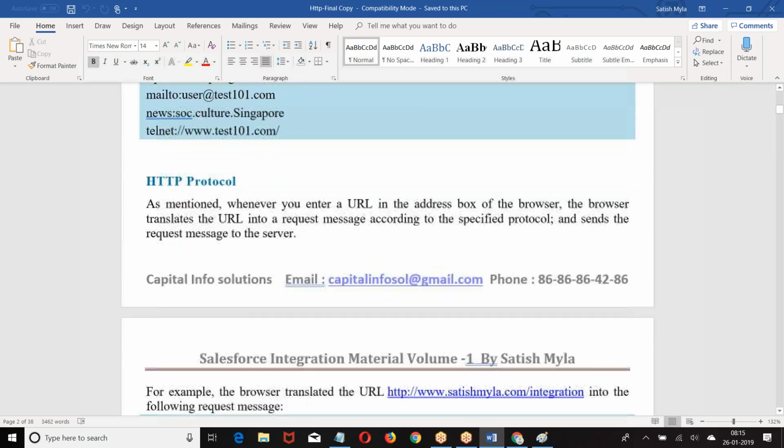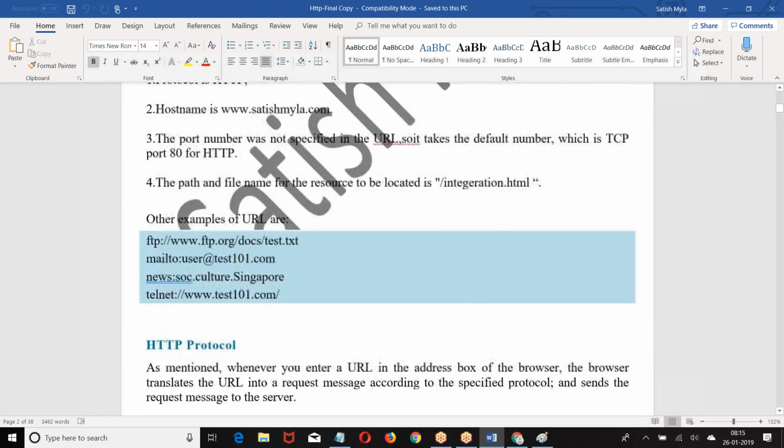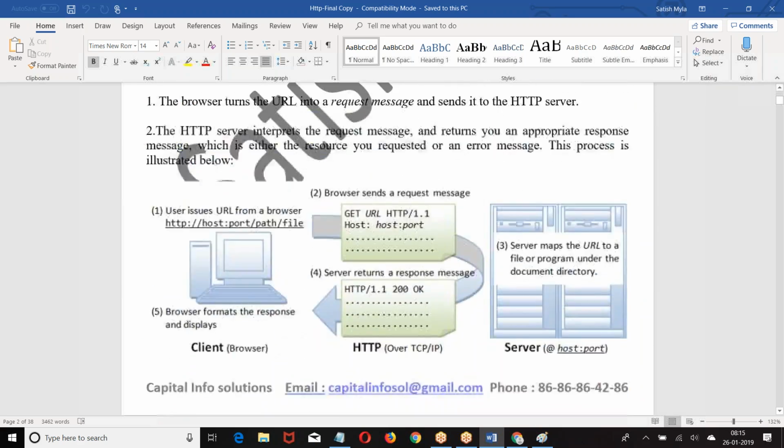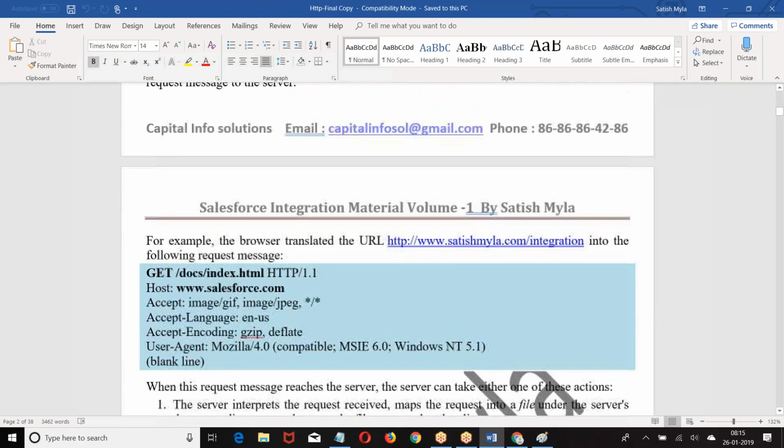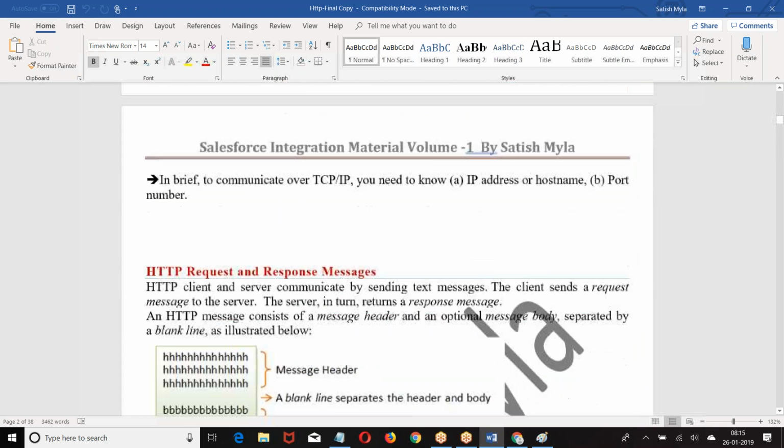Next, we are starting with the HTTP protocol. What is this HTTP protocol? How will the data be transferred? How does the communication happen? Let us see this.